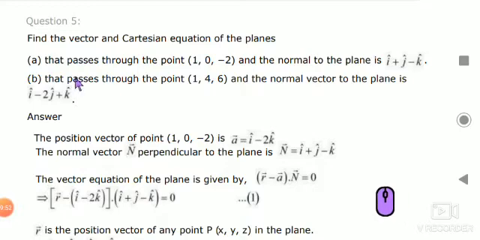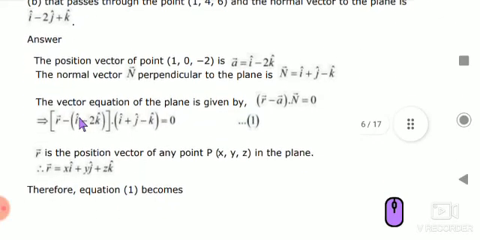Dear students, I am very happy to tell you that now these types of questions will be expected in the examination for 3 marks in the Part C section. Let us begin with the first question. These are the questions taken from exercise 11.3. Find the vector and Cartesian equation of the planes. My dear students, you can look here. The equation of a plane is asked. We are not going to write the equation of a line. We are going to write the equation of a plane that passes through the given point and is normal to the vector i plus j minus k. And the second question is the plane that passes through the given point and is normal to the vector i minus 2j plus k. This is a very important question from the exam point of view, my dear students.